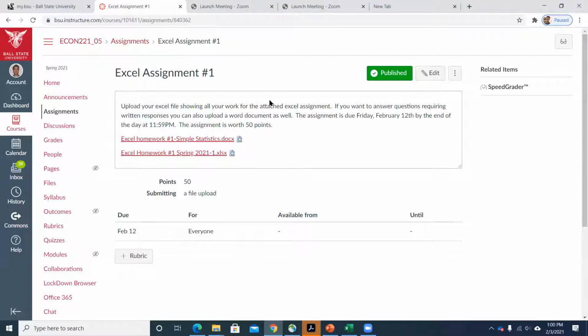You can do it one of two ways. You have to upload your Excel file where you've done all the work in Excel, so you shouldn't be doing anything by hand. You should be doing all the work for these Excel assignments in Excel and then uploading that file. However, some of the questions might require a written response. So I think on this one,